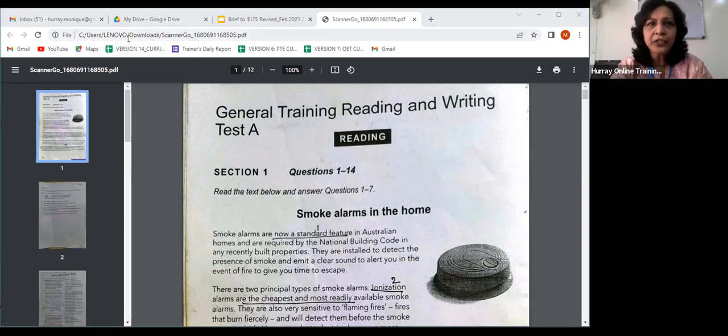Let's look at this passage now. This is a reading passage from a general